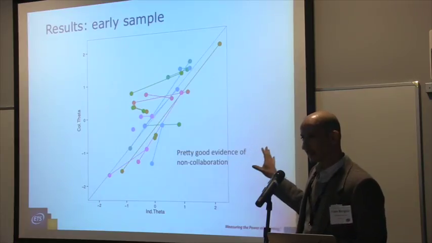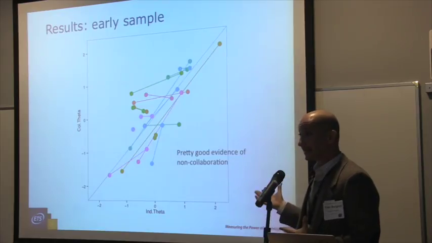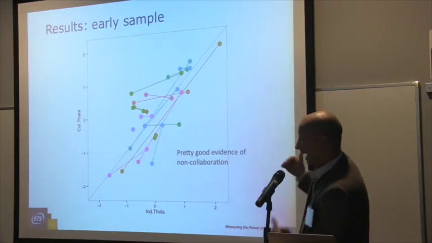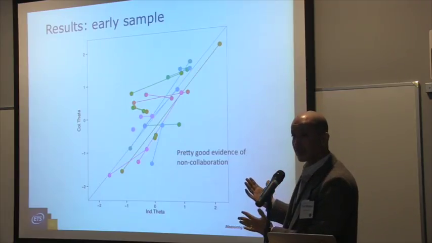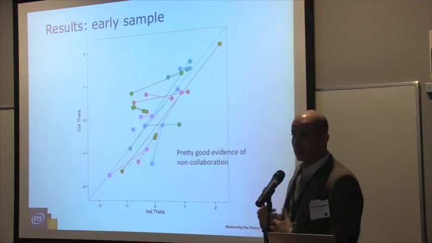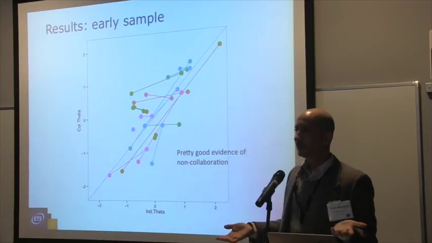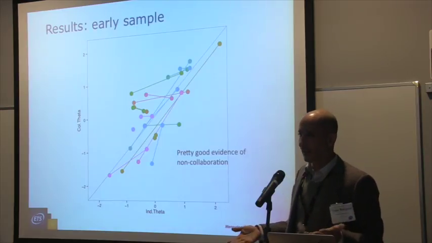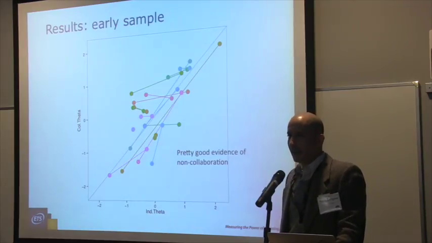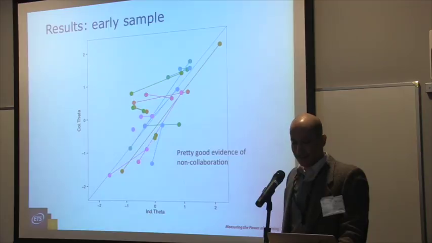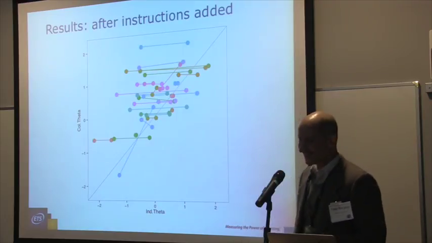So in this early data set, you can see pretty good evidence of non-collaboration, because they basically are not giving the same answers, and so they're aligning to where we would have expected them to be along the line within some noise. The problem with this condition is that in a Mechanical Turk experiment, you tell people you're supposed to collaborate, but they just don't because they're there to get paid. So we gave them new instructions that said you're not going to get paid unless you and your partner give the same answer. And then that happened, which was a lot better.